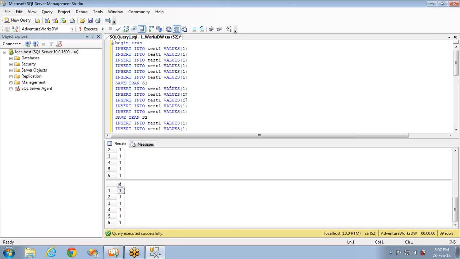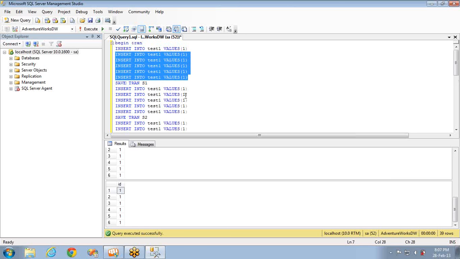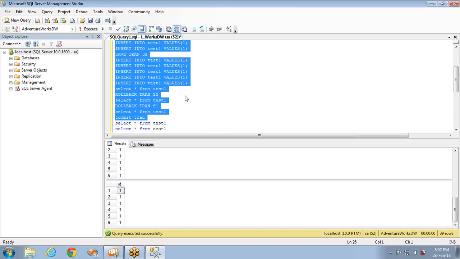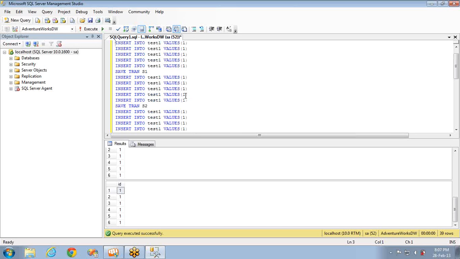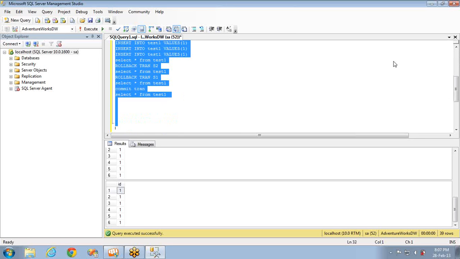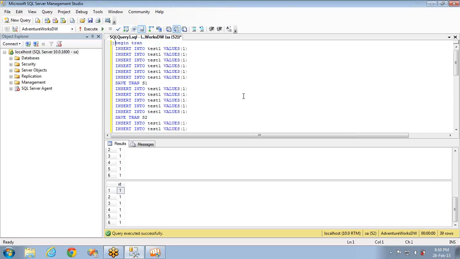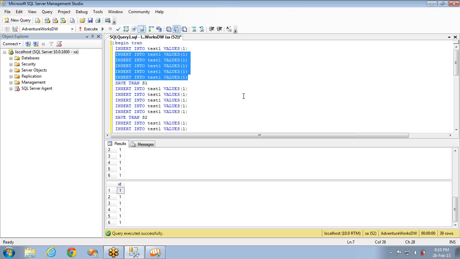Let's discuss a little bit about error handling, how to handle the errors here. For that, I'm deleting all this stuff. So we already discussed about how to handle errors here. There are a couple of ways, and let's discuss one way here, and the other one when we discuss about stored procedures, we will have a look at the other ways of handling the errors in transactions.